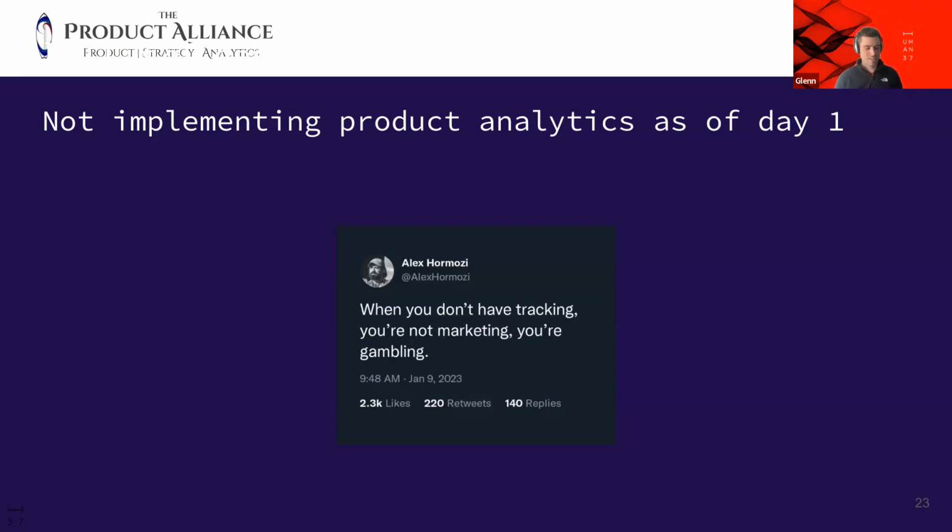The thing that we see is that usually product teams are afraid to start with product analytics early because the volumes are low. I don't believe in the beginning it is about the volumes, because product analytics in general is fairly cheap, if not very cheap, when you start with small volumes. It's about the practice of actually building a development cycle and a release cycle with product analytics embedded in that.